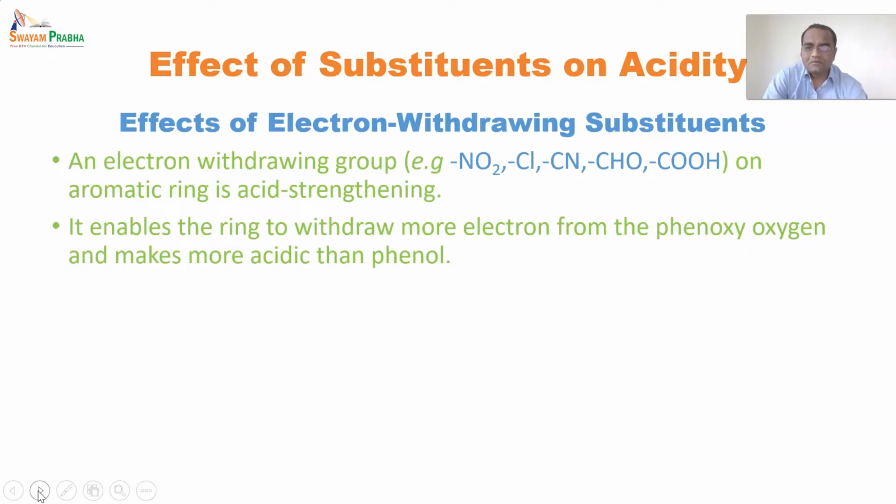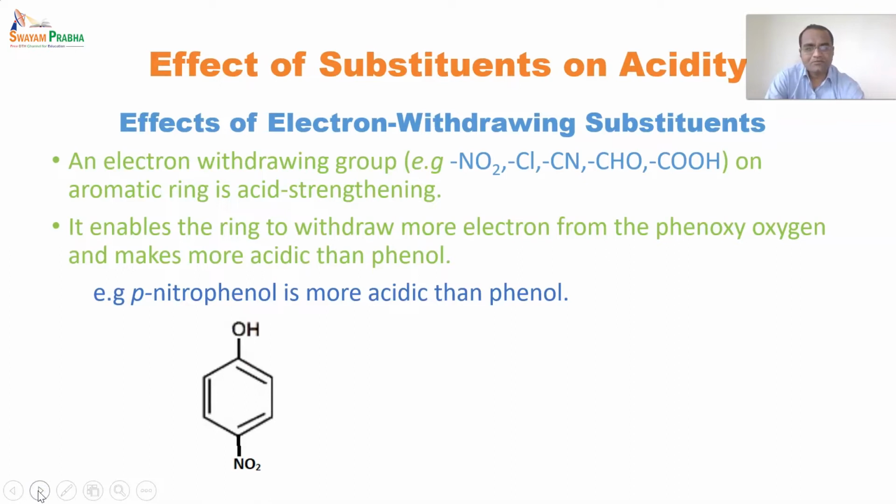So it enables the ring to withdraw more electron from the phenoxy oxygen and makes it more acidic than phenol. The negative charge on the oxygen of the phenol decreases, as it has been withdrawn by this electron withdrawing group, which makes the phenol more acidic. So the example here I have given is that para-nitrophenol is more acidic than phenol. If you look at the structure of para-nitrophenol, at the para position there is a nitro group, so it is more acidic than